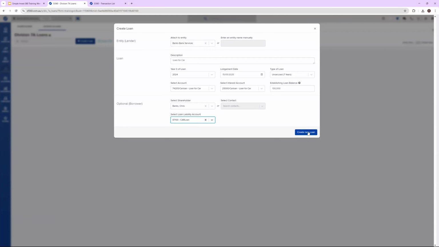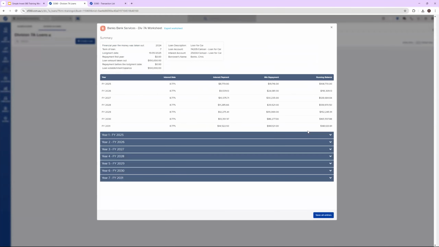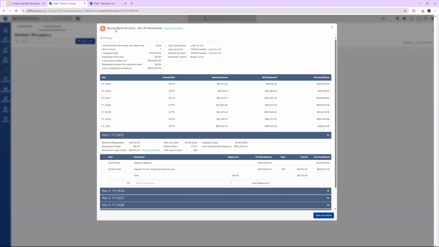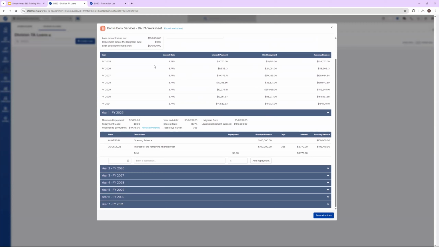So now that we've got that all set up, we can click create. And again, incredibly similar looking worksheet. We can also export it as well. Then we can see all our minimum repayment amounts,